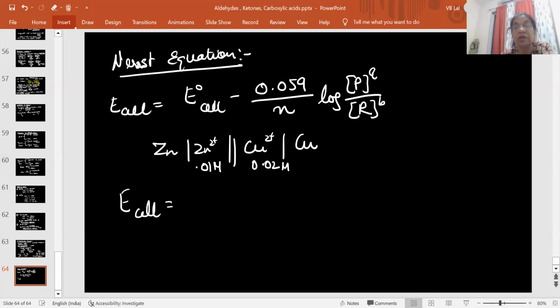For this reaction, E cell will be E0 cell that you would find from the values which are given to you, minus 0.059 by N, which is 2,